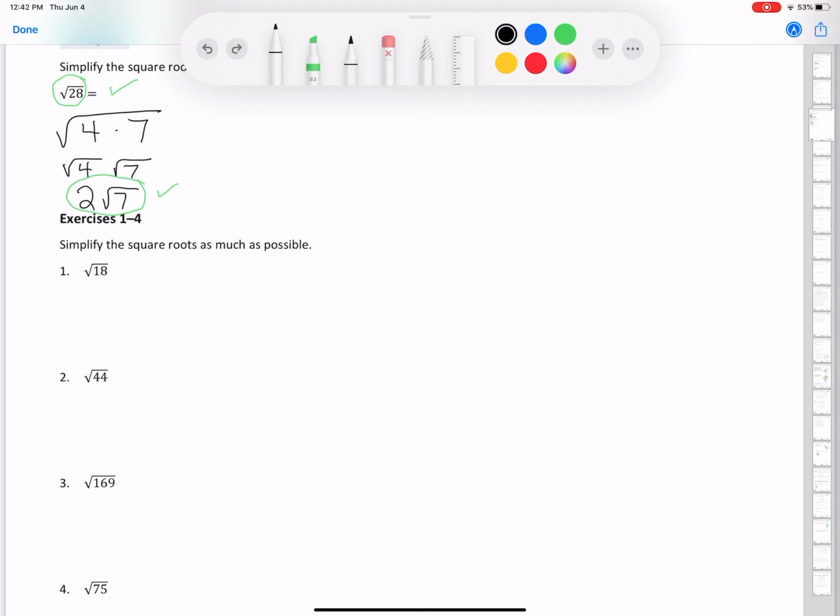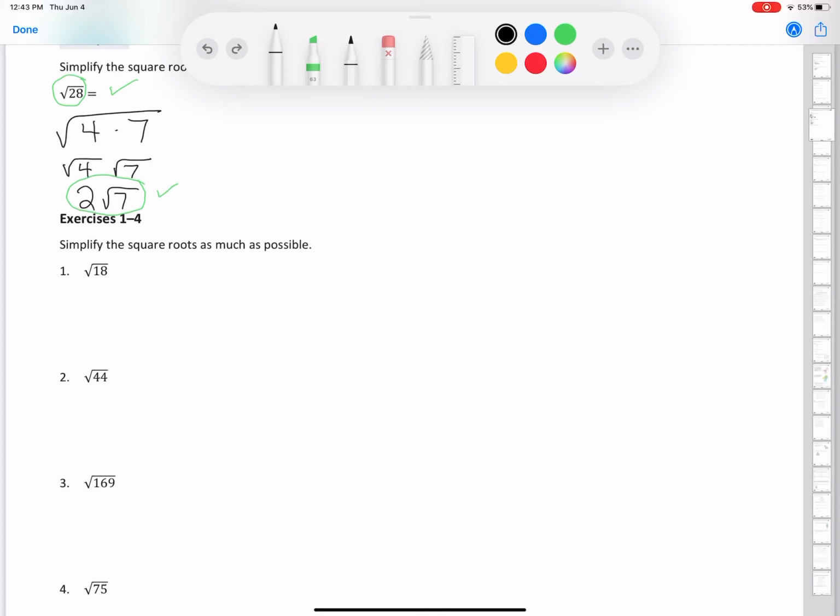So we could take it out, leave the number underneath the square root symbol that is not the perfect square, and that will give us an exact answer. So we will not be changing the value, we're only going to be simplifying. So remember, if you put these numbers into your calculator, because they're irrational, which means their decimals never repeat and they never terminate, you're getting a rounded answer,